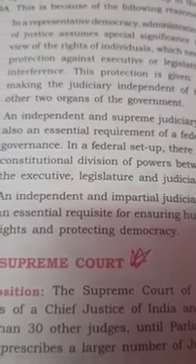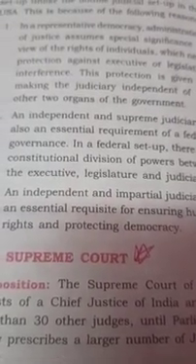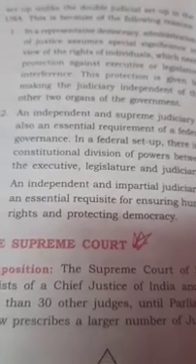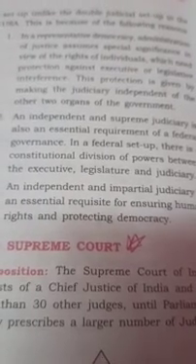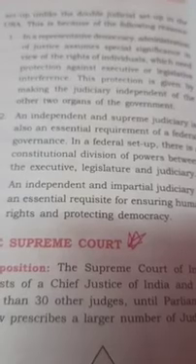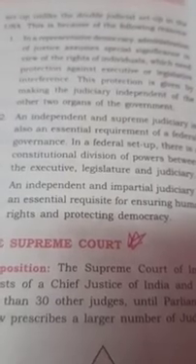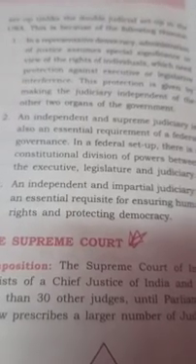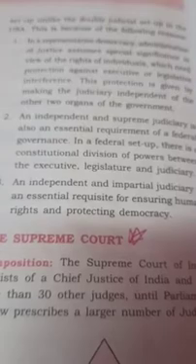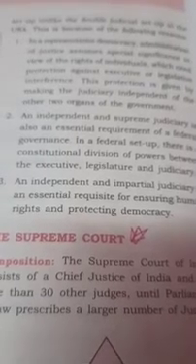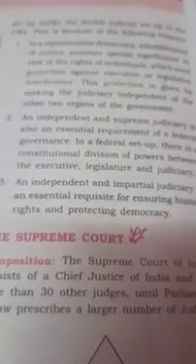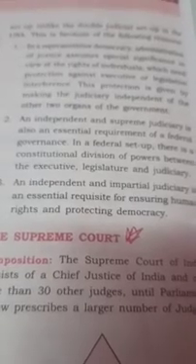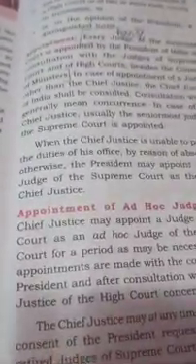First of all, the person to be made a judge should be a citizen of India. Secondly, he should have been for at least 5 years a judge of a High Court or two or more such courts. Or he should be at least 10 years an advocate of a High Court or two or more such courts. Or, in the opinion of the President, if the President feels that he is a distinguished jurist, then also he or she can be appointed as a judge of the Supreme Court.